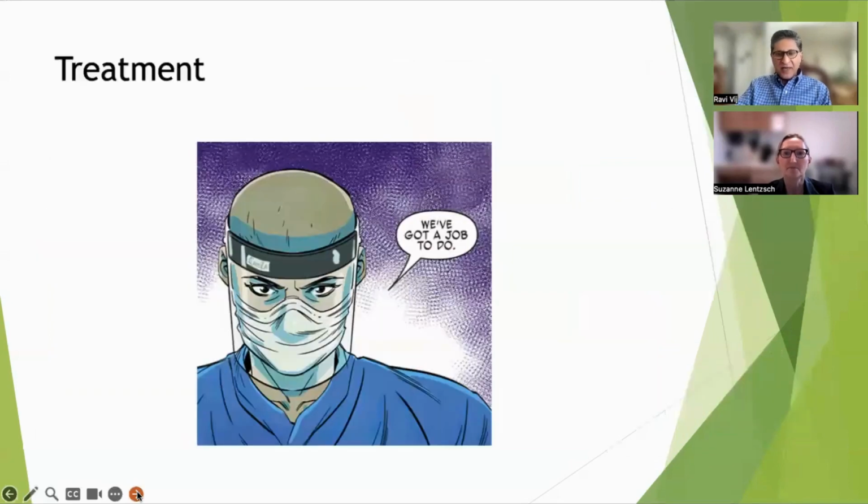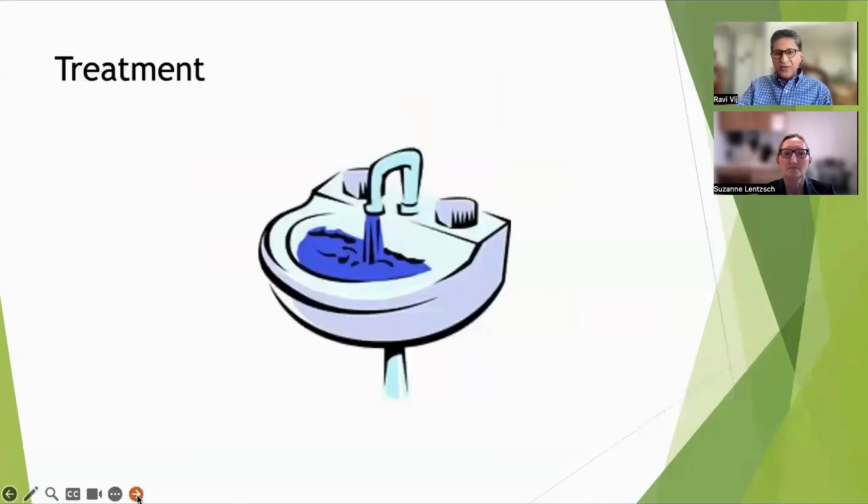So obviously, this is an area of great unmet medical need, amyloidosis, and most of the stuff that we have has been borrowed from